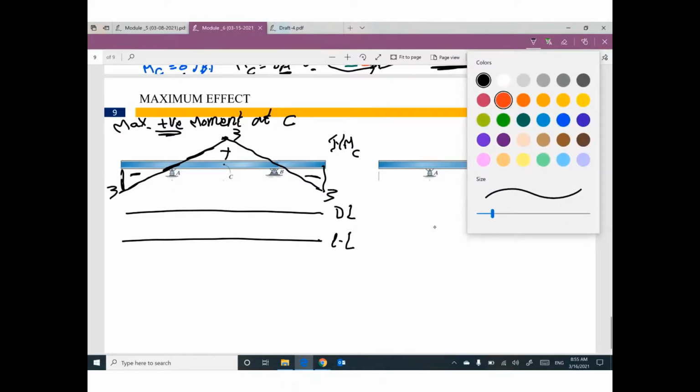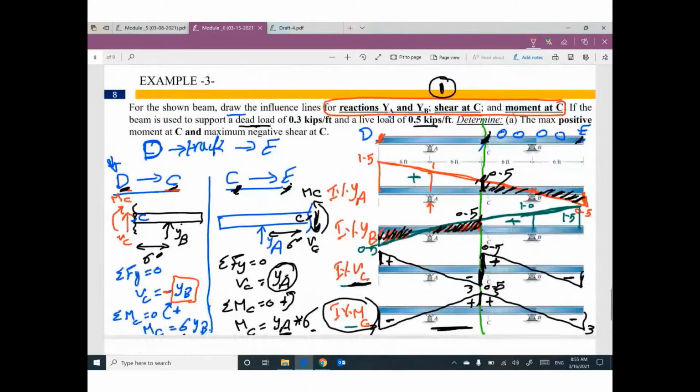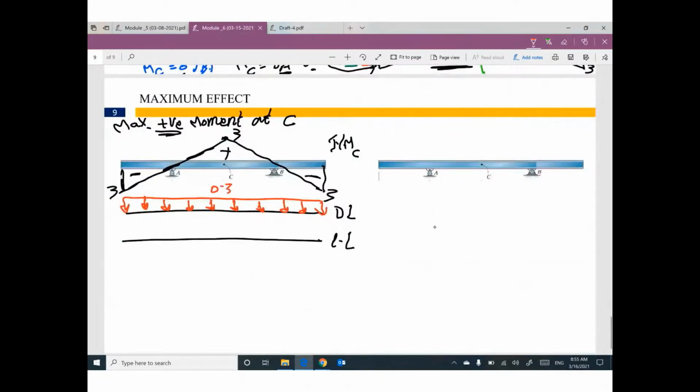Please don't think about dead load, because I don't have a choice. Your dead load must cover the whole beam. What is the value of dead load? It is given, 0.3. Perfect. What about live load? For live load we have a choice. Where can I put the live load to get the maximum positive? I will put the live load here only. That makes sense? 0.5